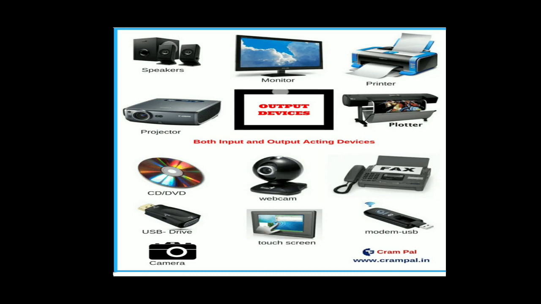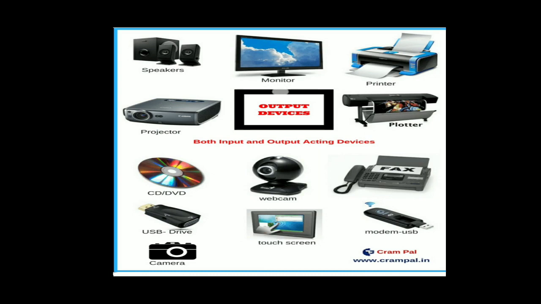Next one is about the units of memory. In case of memory, nibble is the first unit, then there is a bit, then 8 bits become 1 byte, then 1024 bytes become 1 KB, then 1024 KB becomes 1 MB, then 1024 MB becomes 1 GB. Like that it goes up to TB, that is a terabyte, then PB, EB, ZB, and YB. All these are the memory units.